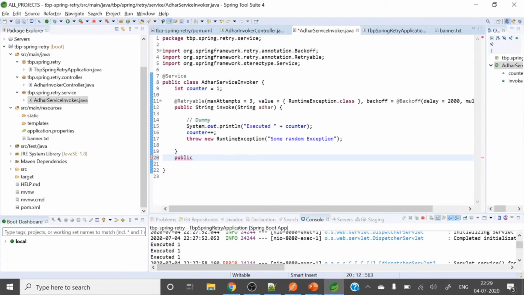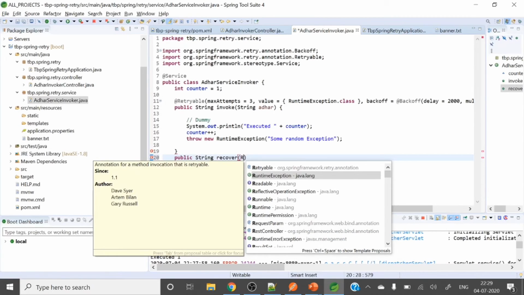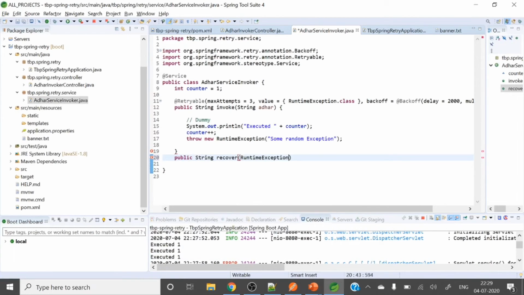Public String recover. Any method name you can take. And here that exception should be there, whatever exception you are throwing, that exception e, and if you want those parameters, so here is the parameter, right?